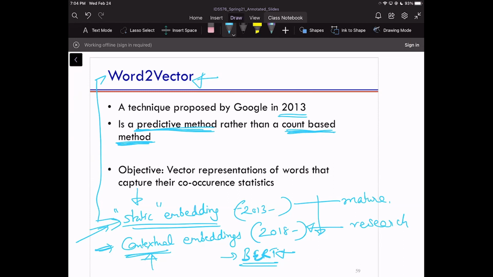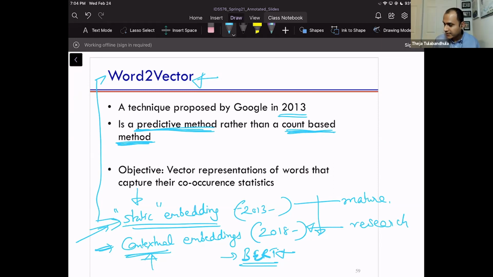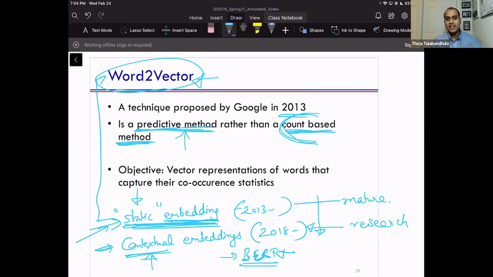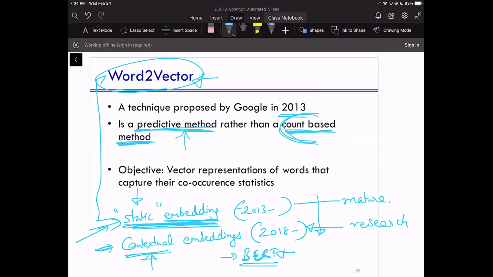And in the first one, they use the predictive method, right? We're going to talk about how to get these word vectors. We're going to talk about the predictive approach, and Word2Vec is one instantiation of that, in contrast to other ways to get embeddings, which are count based. So just think of ways to get embeddings as predictive and non-predictive, and Word2Vec is a specific instance within the predictive bucket. Oh, okay, got it. Thank you.